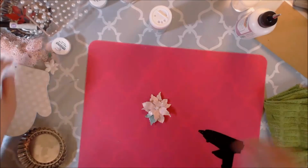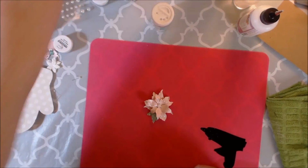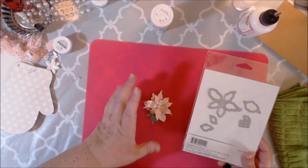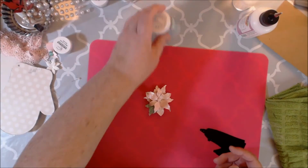So I wanted to show you something real quick. The die that I was using had some extra petals, and because I had already pre-cut them out, I went ahead and added some more petals to kind of fill it in. Then I took this